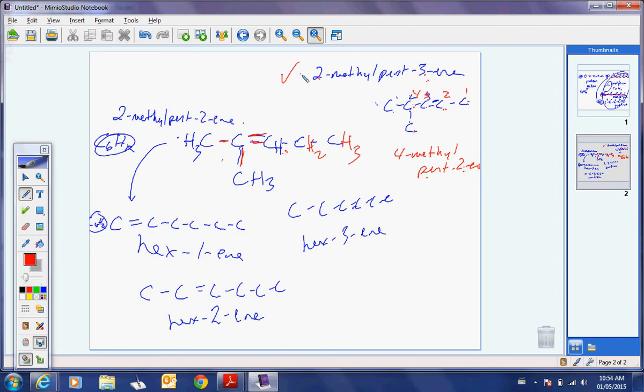In either case, both names are different than this name, but still the same structural, molecular formula, C6H12. So therefore, isomers. So this name is wrong. That name is right, and they are isomers. All of these on the board are isomers so far, because they all are C6H12, and they all have different names, and they all have different structural formulas.